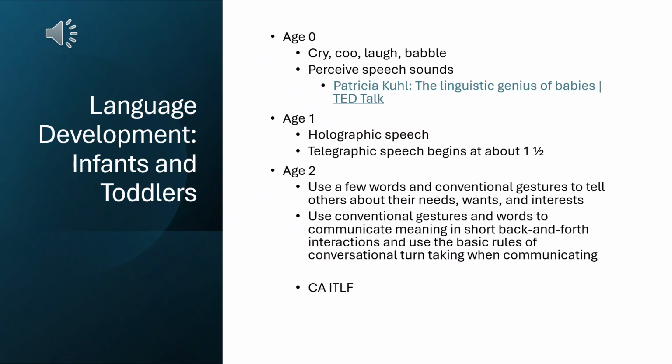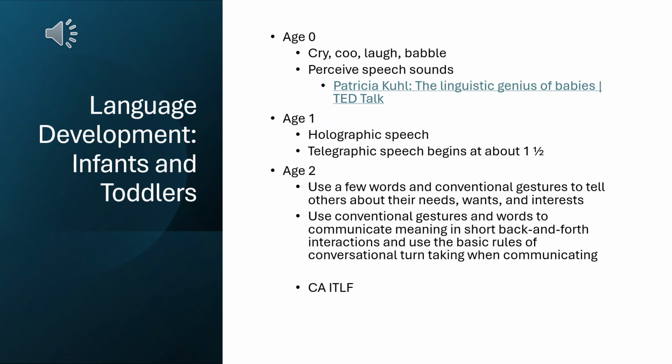About halfway through that first year after the first birthday, babies start to do what's called telegraphic speech, and that's two-word speech. So up me, go dog, go car. So you can see we're starting to string together words a little bit. Then with baby's second birthday, when they turn 2, they have some words and conventional gestures, like holding the arms up to be picked up.